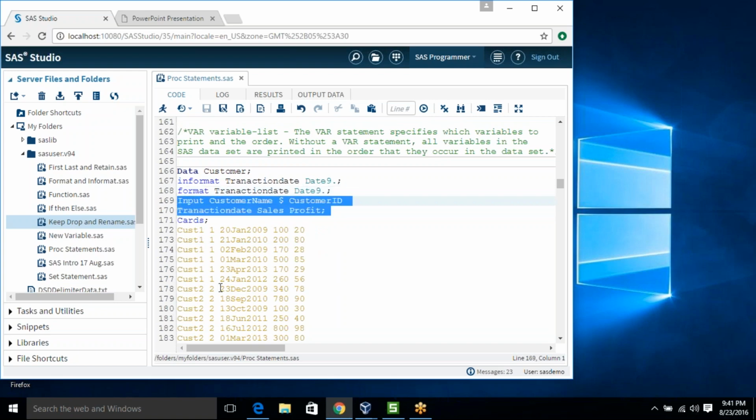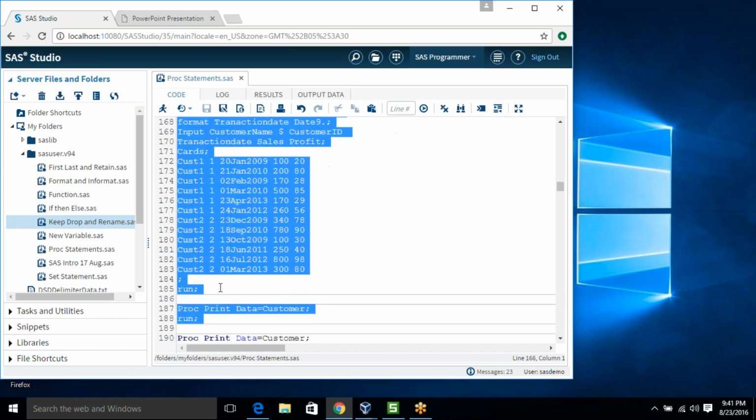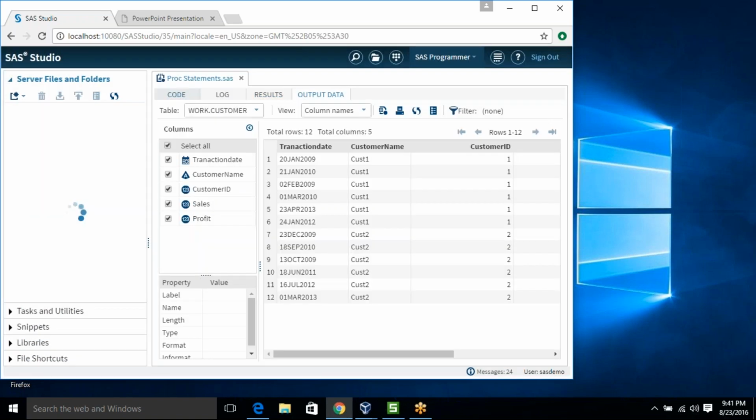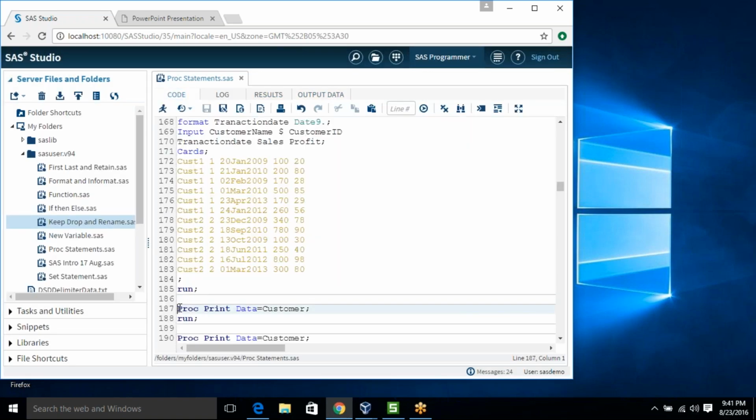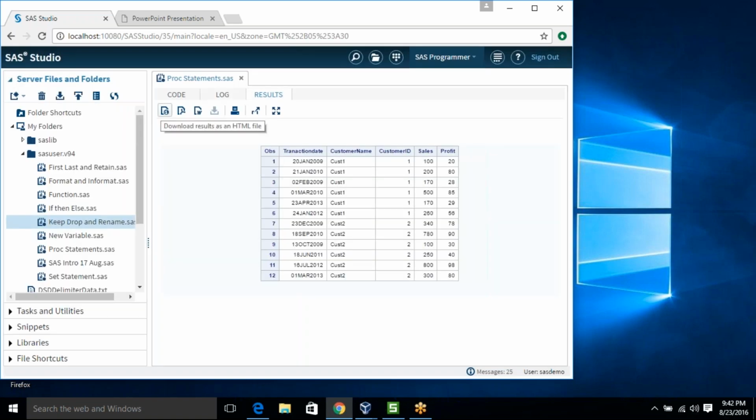I have 5 variables. I have an informat to read the transaction date and a format to write the transaction date. So this is the simplest example where I am mentioning the proc keyword, print keyword, data keyword. Using the data keyword, I am using the data set name, which is customer. And here I am not using any by, ID, sum and where. So when I am using this one, it will just give all the rows and all the columns.